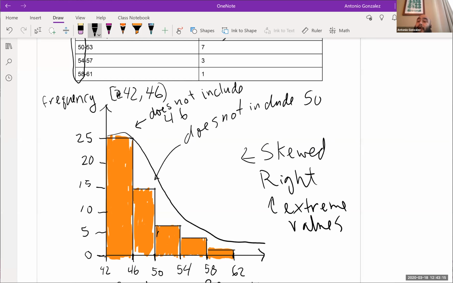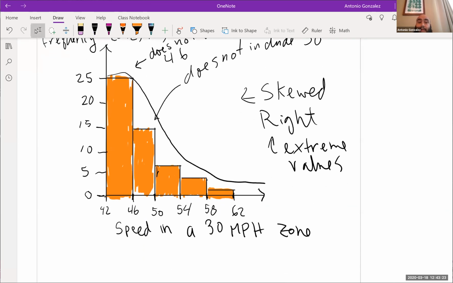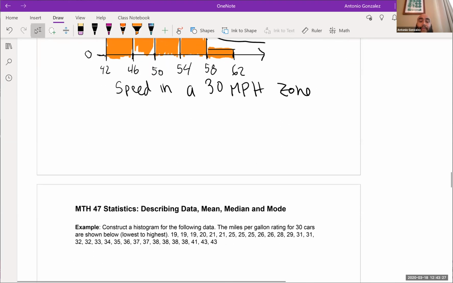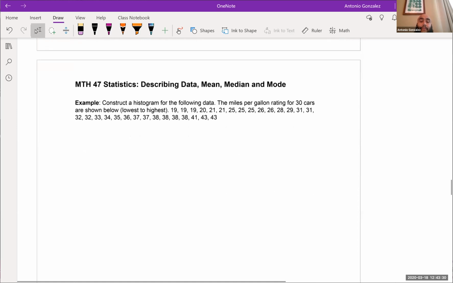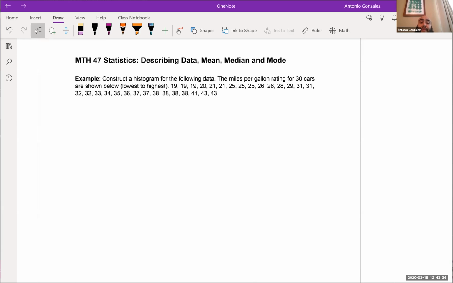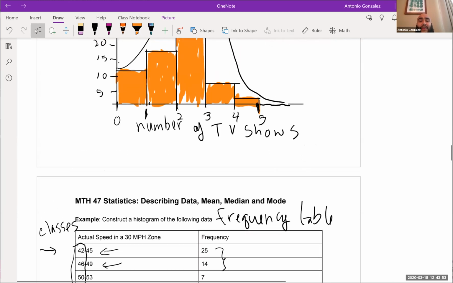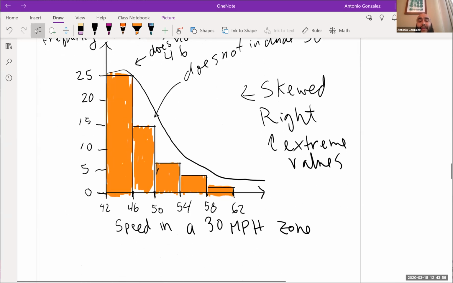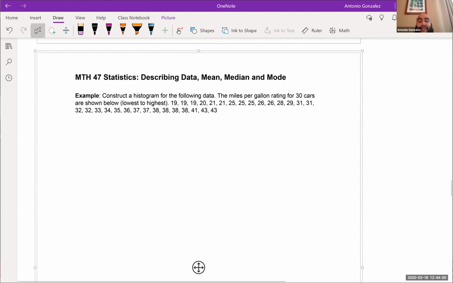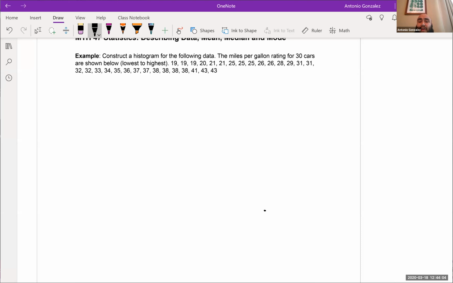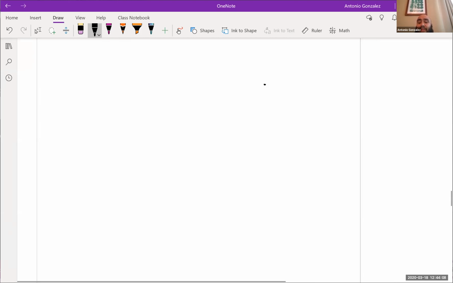Any other questions? All right, so let's move on here. Construct a histogram for the following data. Actually, just because we're running a little short on time, and I do want to get into this other topic, if we have time at the end, I'm going to come back to this. I think we went through two of these, and that's good practice. If we were in class, I'd have you construct them and walk around and check on you, but since that's not possible here, I'm going to move on and come back to this at the end if we have some time, because I do want to get into